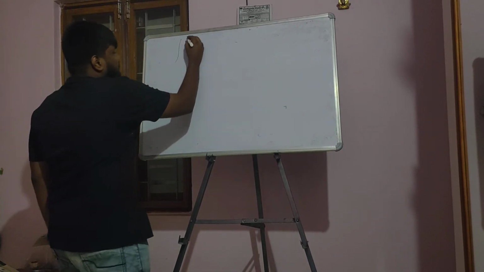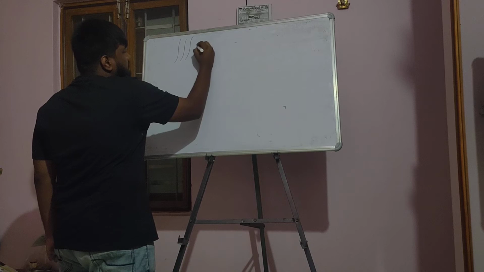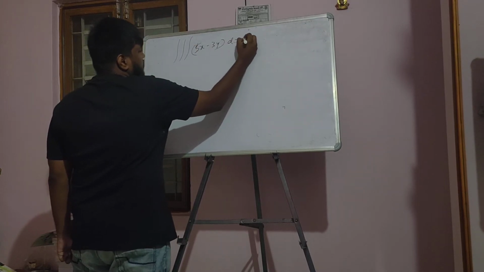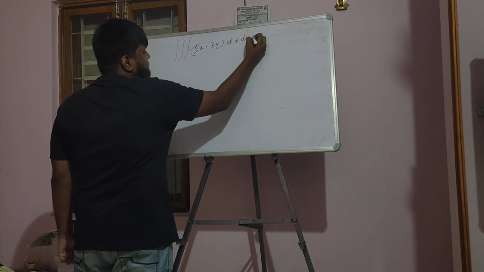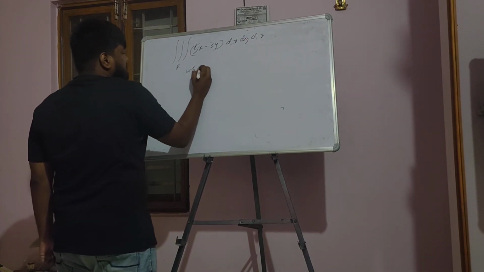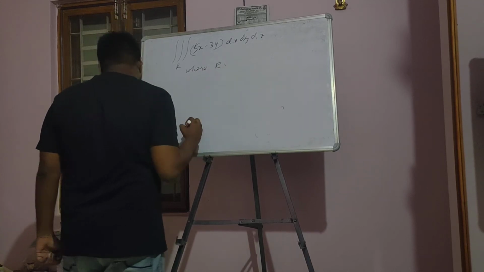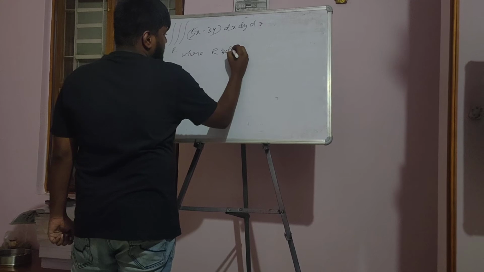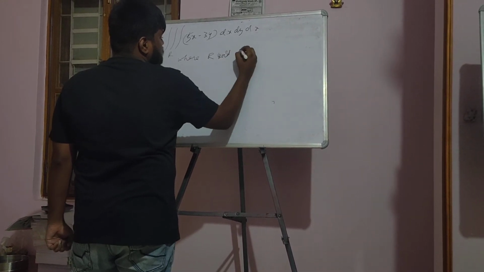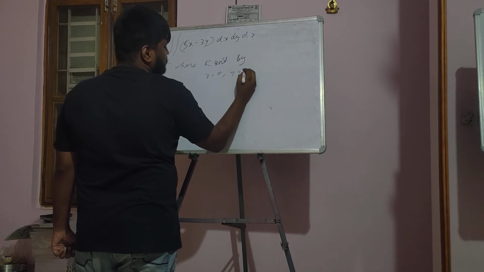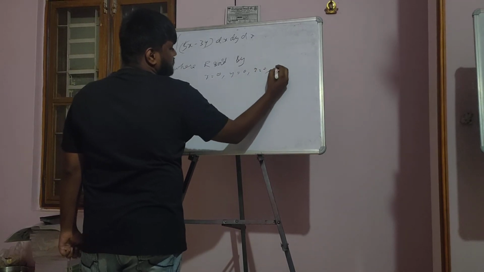So you want to integrate 5x minus 3y with respect to x, y and z in the region R, where R is bounded by x equal to 0, y equal to 0, z equal to 0, and